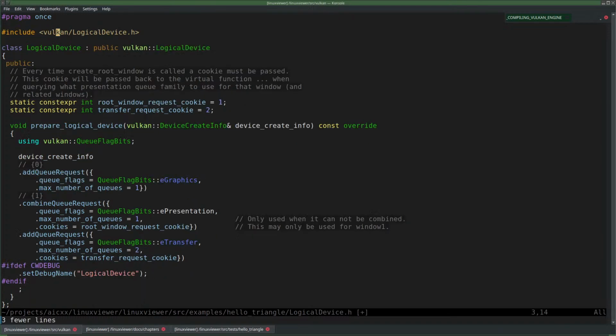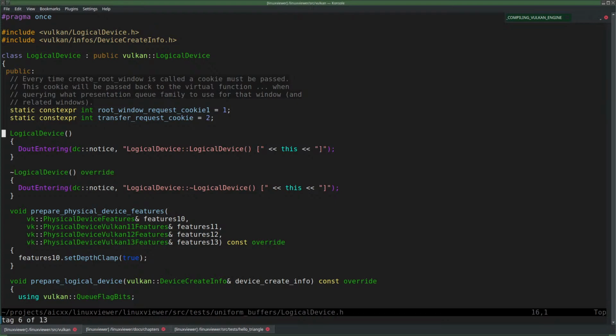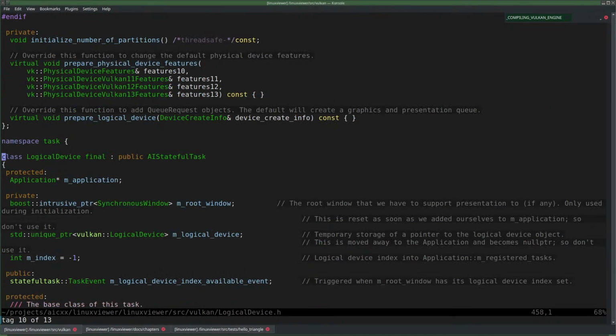Now we go to Vulkan logical device, at least I hope. Yep, there we are.